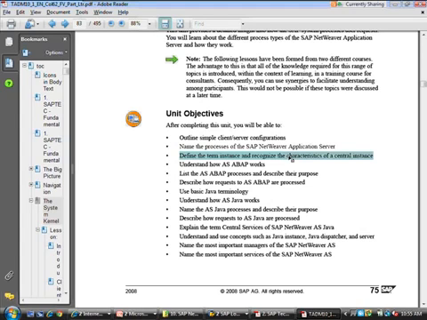Then it explains how the application server ABAP works. It lists the ABAP processes and what they do. It explains certain basic Java terminology, and then explains how the application server Java works. So remember we said that there is a split personality.